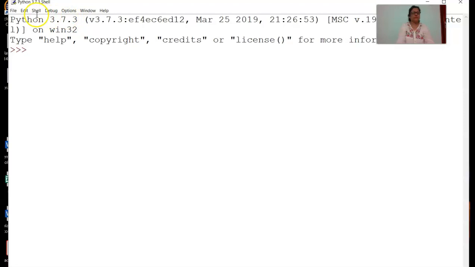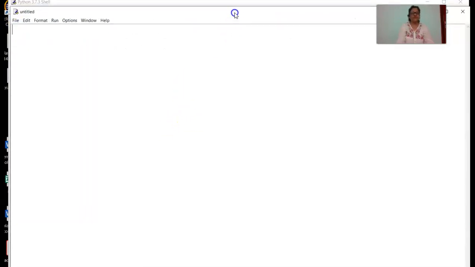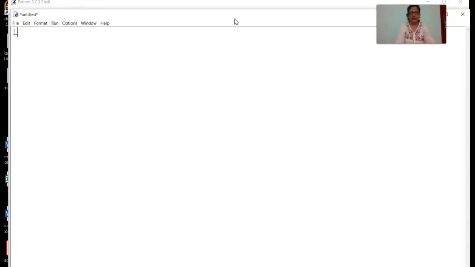Now we will try to write a Python program. So this is my Python shell and Python prompt, and this is my Python editor. I'm going to write i equal to 1, while. There are various types of loops, but at this moment I'm going to tell you about the while loop only. While i less than equal to 5. There is an indentation because whatever steps come later would be part of that while loop.